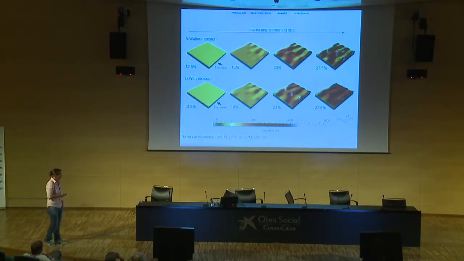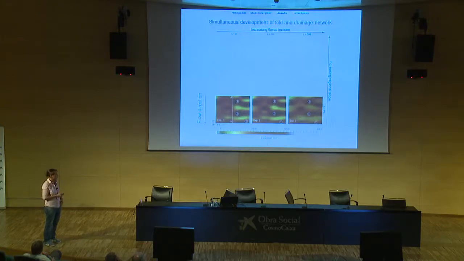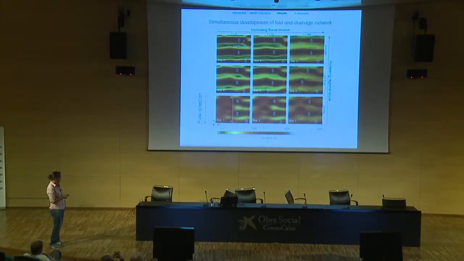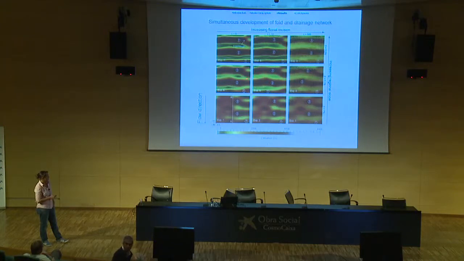Now we have investigated systematically 2 main parameters that could influence the efficiency of the surface processes: the fluvial incision, on the y-axis, and the regional slope. In the case when we have no slope, we see that the fold develops exactly in the same place, because erosion cannot be efficient unless we have topography already existing. Then we prescribe a slope, and we see that when we increase the slope, even without increasing fluvial incision, we have a change in the folding pattern, which is already quite different.